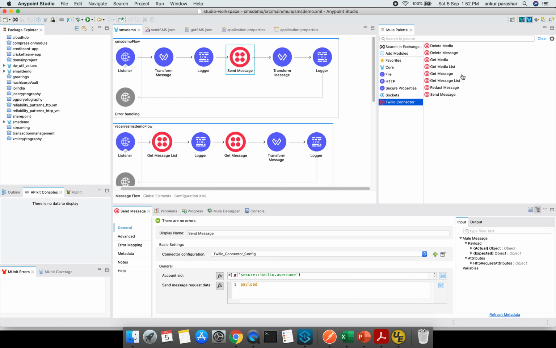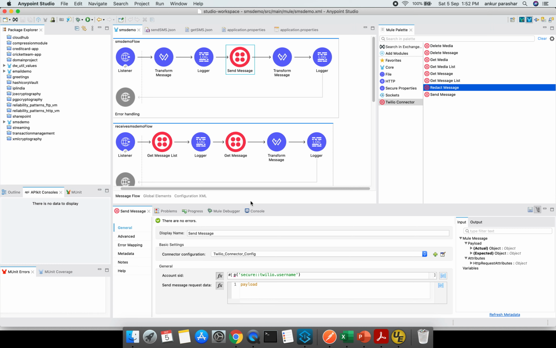Delete message is the same as the get message category. Delete media, get media, media list are for MMS. And redact, this is something I still need to check further in detail. But without any further round of introduction, let's jump to the actual use case.